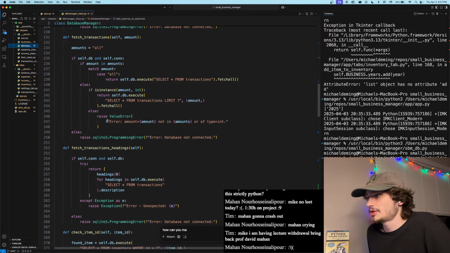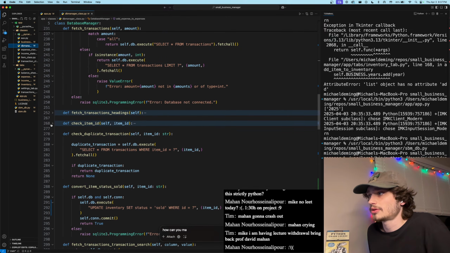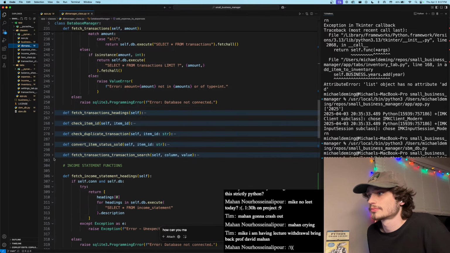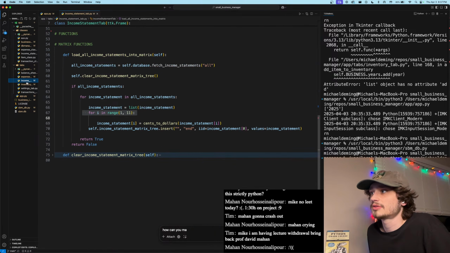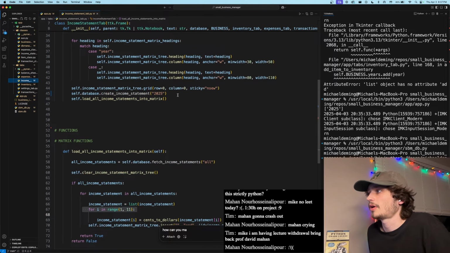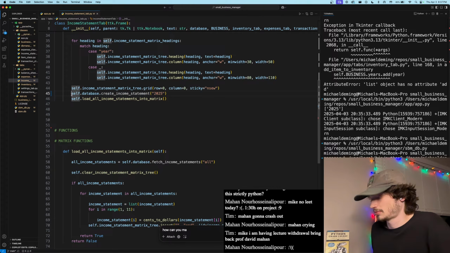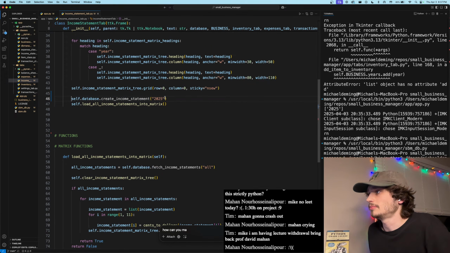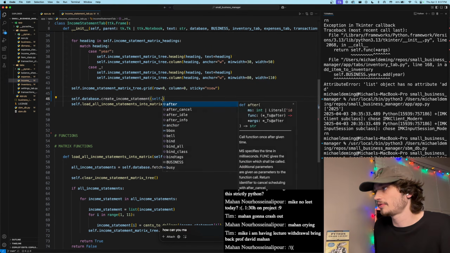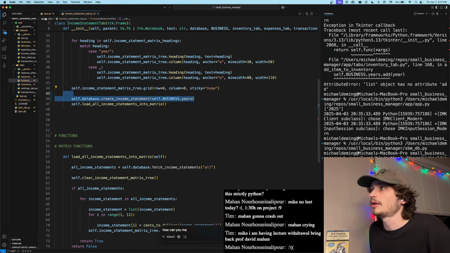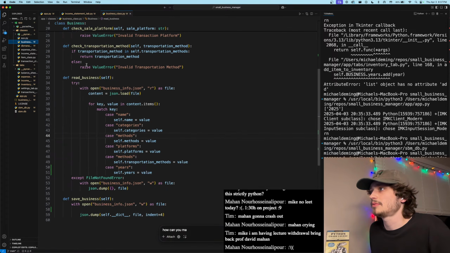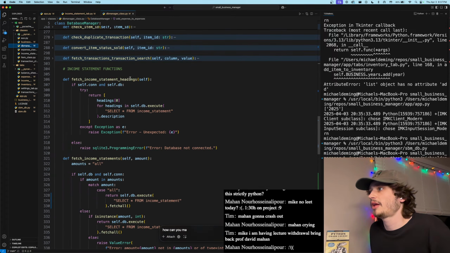So in the business manager, we're going to call in the income statement tab, right? We are hard coding in here. We want to put in here self.business.years, right? And then in the DB manager,